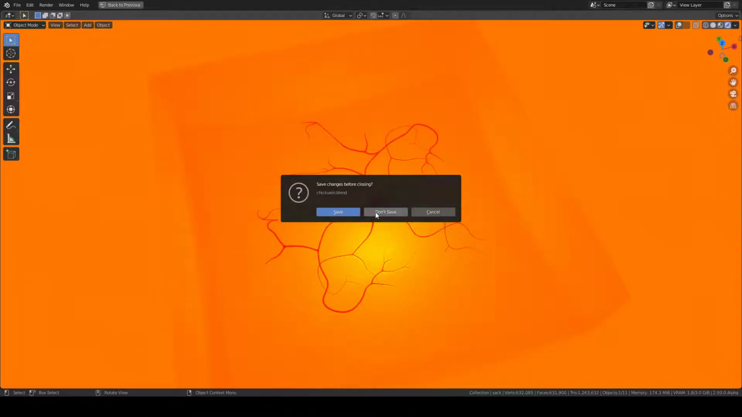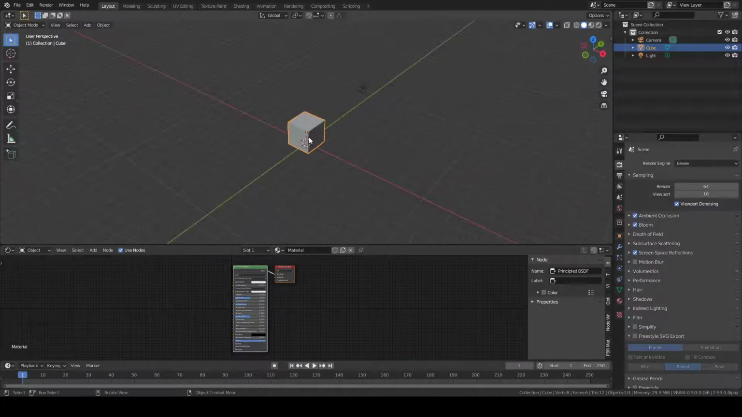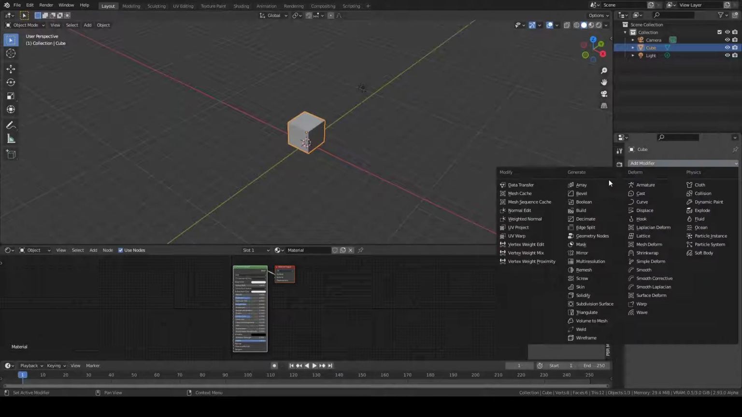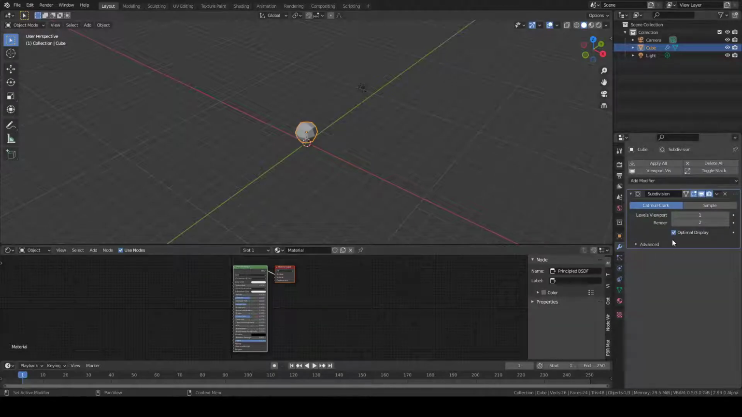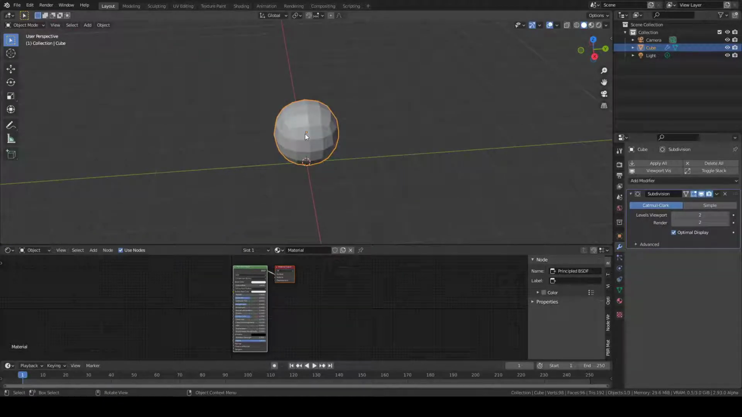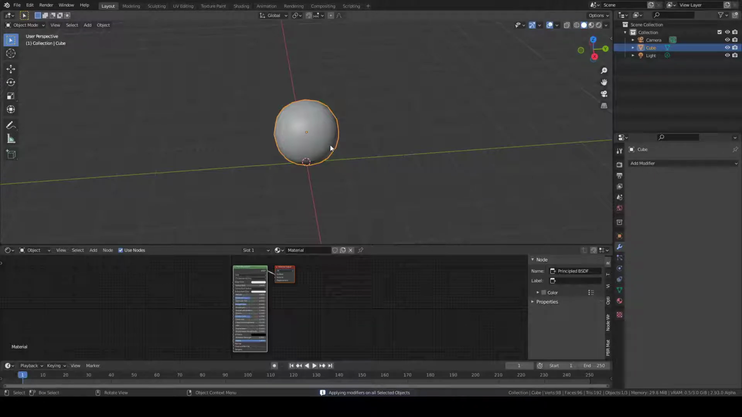New, don't save. We have the clear viewport. We're gonna use the default cube with subdivision surface, about 2 levels. We're gonna shade it smooth. Yeah, and we're gonna apply it. We're gonna go to edit mode. In the vertex